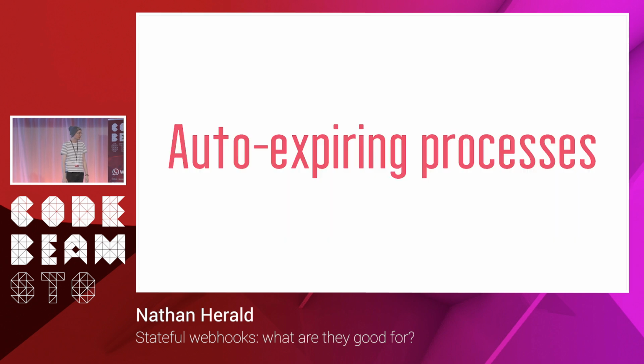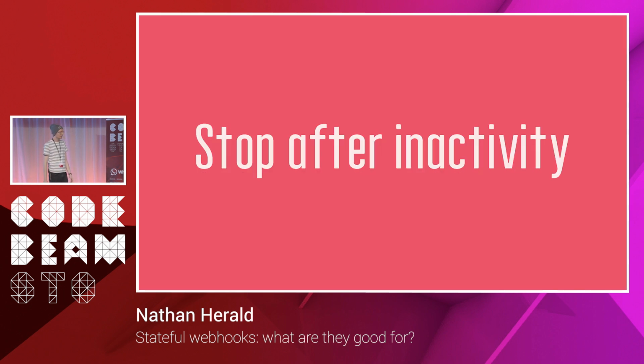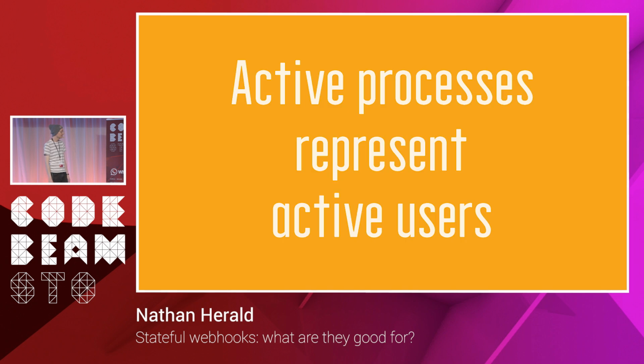Another thing that I thought was missing is auto-expiring processes. If I boot a process, let's say every user does have their own database, I don't want all that in memory all the time, because maybe the person hasn't been online for a week or something. I like this idea because what it would mean is that however many processes are active in the system, that's actually your active users, and that would be very interesting to see. So like, people use your thing more, you pay more money, people use your thing less, you pay less money. I think that's interesting. I would like to see that.